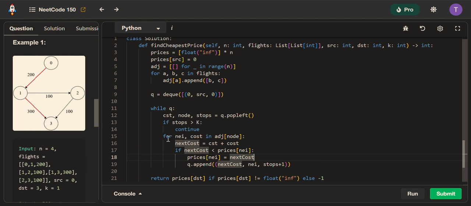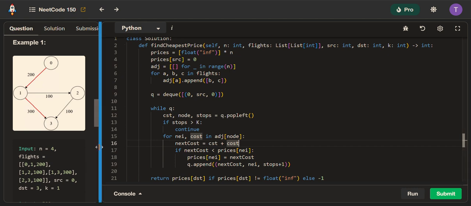Because if it is more expensive, well, it means that we don't really have a good path, right? Because we want to minimize the path. So if at some point during our trajectory we find something that is more expensive, it doesn't really worth exploring its way. So only if the next cost is smaller than the current price, then we're going to append this